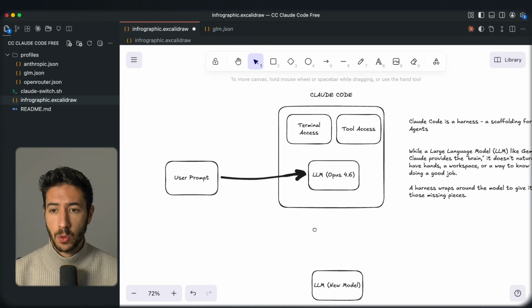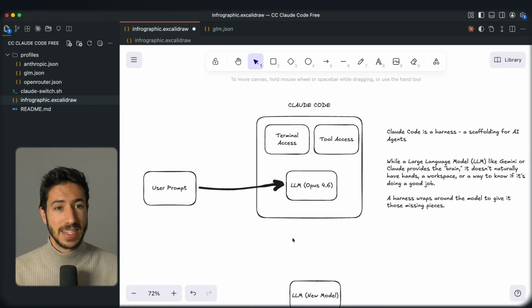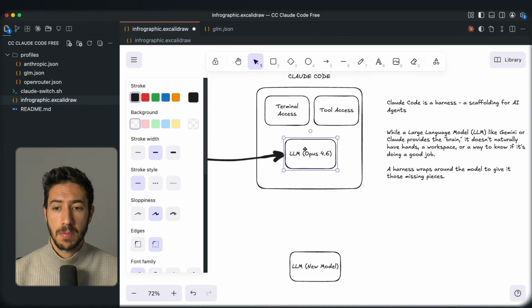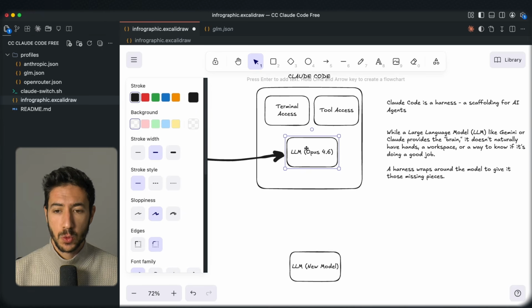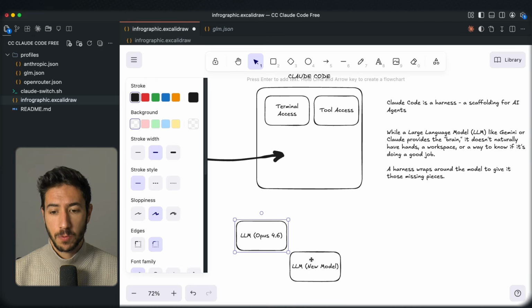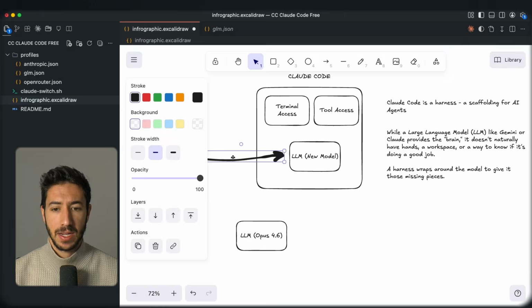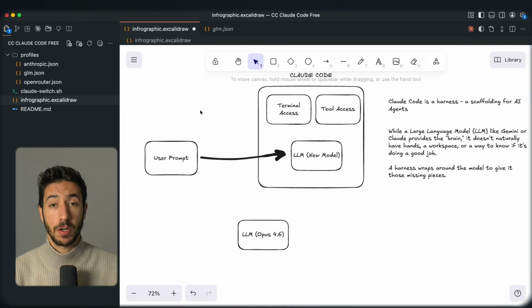Now, what we are doing over here with this claude-switch process is essentially changing the brain that we are using. We are switching from using Opus 4.6 to using a different model